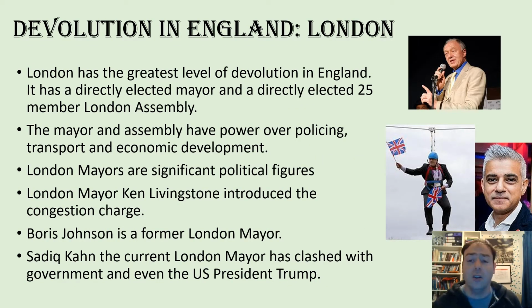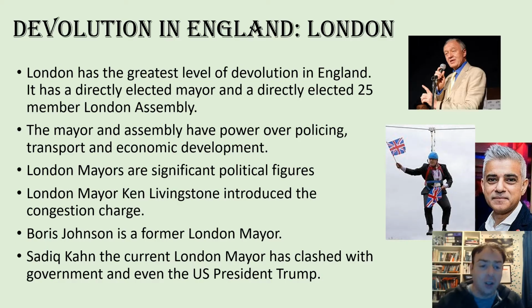Now, one area that's seen the greatest level of devolution in England is London. It has a directly elected mayor, the Mayor of London. It also has a directly elected assembly made up of 25 members. The mayor and the assembly have power over policing, transport and economic development in London. Obviously, when you're talking about a city with a population of getting on for 10 million, this is really, really significant. And this means that London mayors become